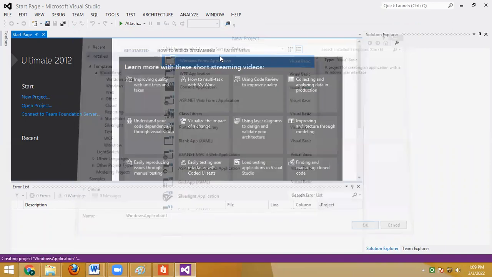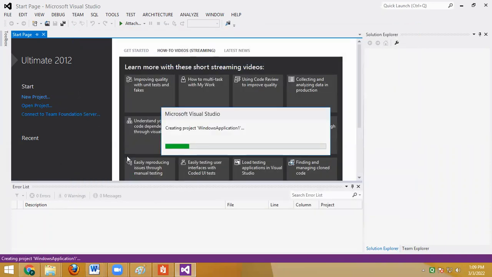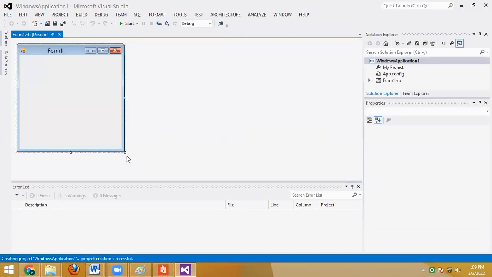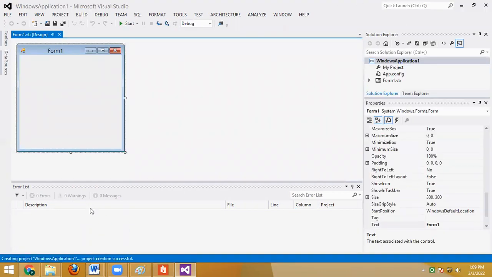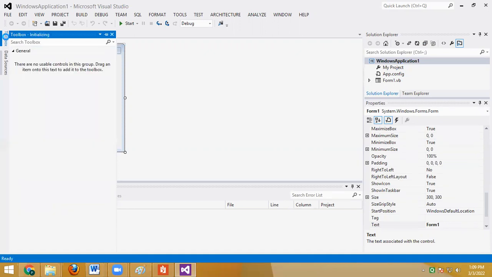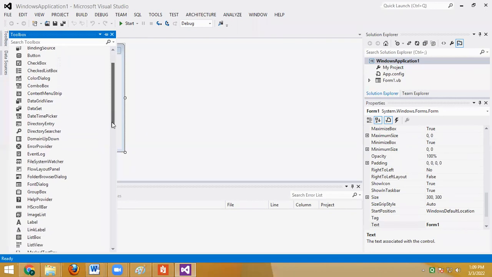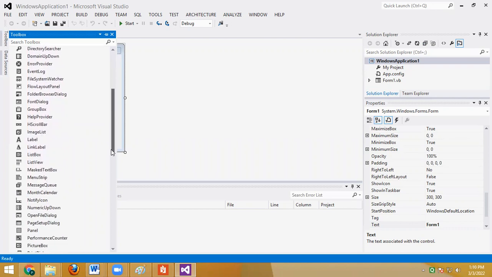Windows form application. Okay, this is the GUI of Visual Studio.NET. In that we will be taking picture box. Okay, so the practical we are performing is about the picture box. So go in the toolbox. In that there is a picture box.